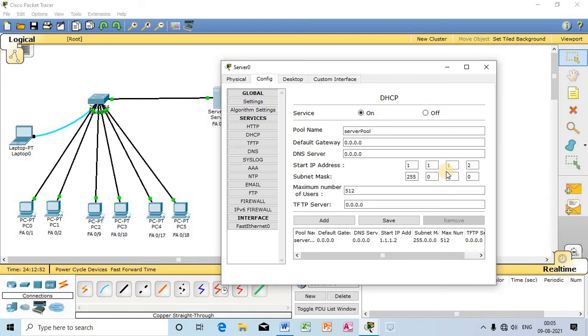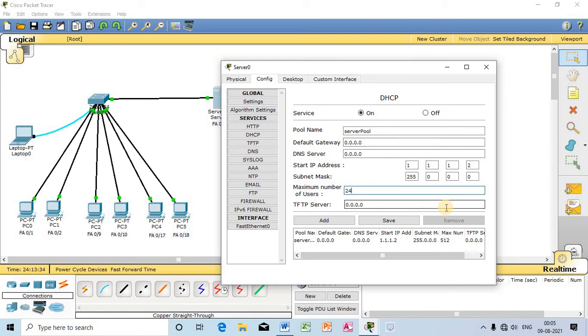So for the database I have to assign IP addresses apart from the address which already had been assigned to the server itself. So let us start the IP addresses with 1.1.1.2. And how many addresses will this database hold? Any number you can provide. Let me provide 24. So this database will hold 24 addresses, for which the starting address will be 1.1.1.2.